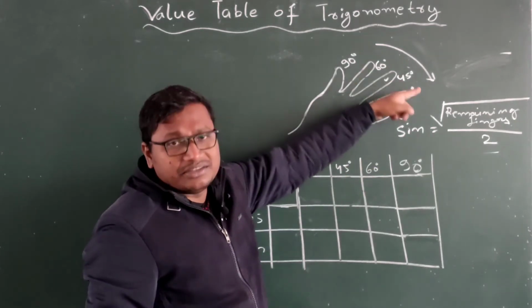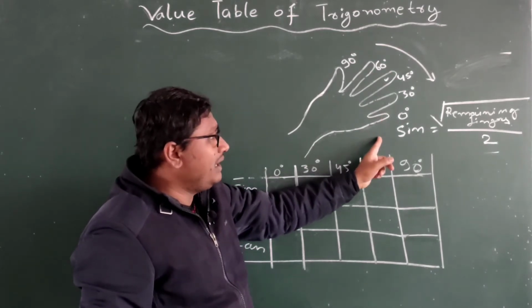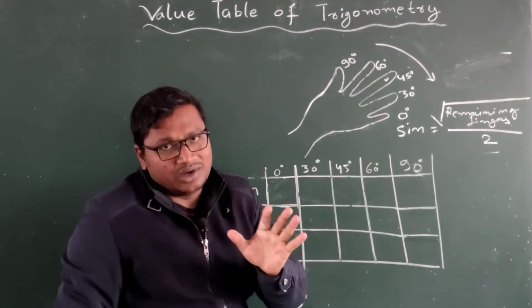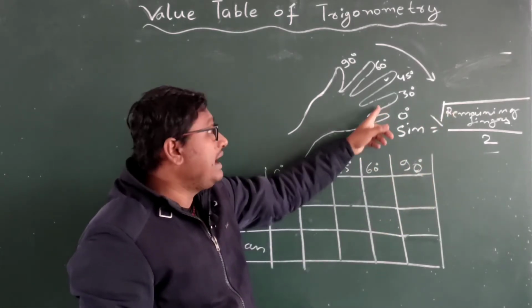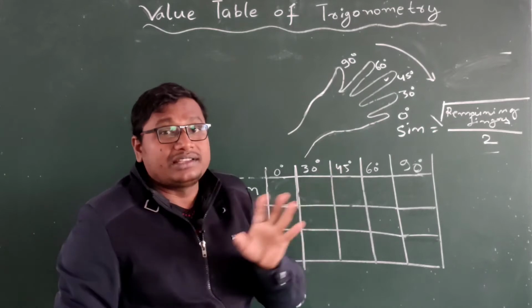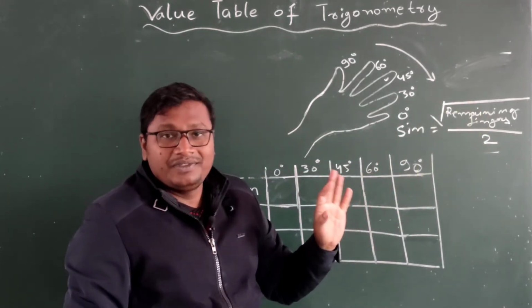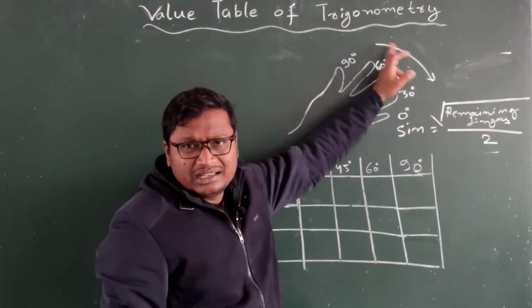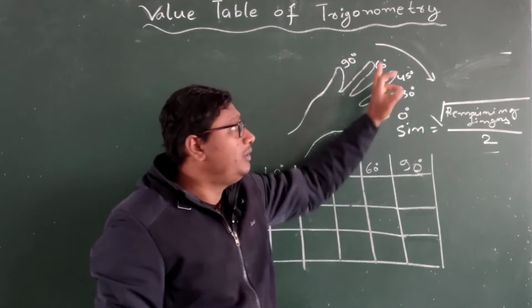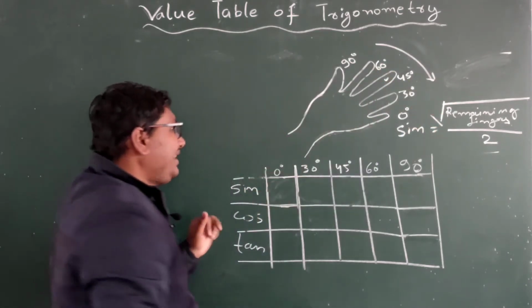Clockwise means if we take this finger, then we will see below this finger whether any fingers are left or not. That will be the remaining fingers. If we take these fingers, then we will see after these fingers how many fingers are left. That will be counted and written here. That's why I'm telling you that this is clockwise. For sine theta we will go clockwise. Okay, now you see the magic.